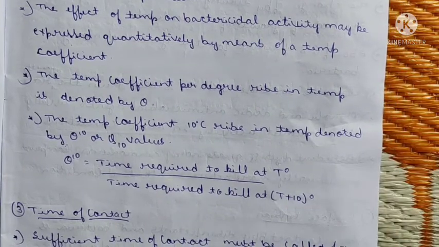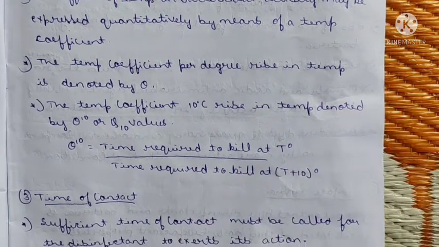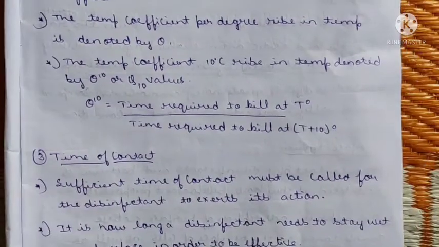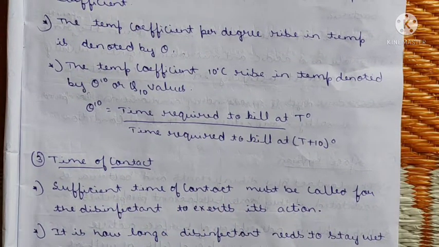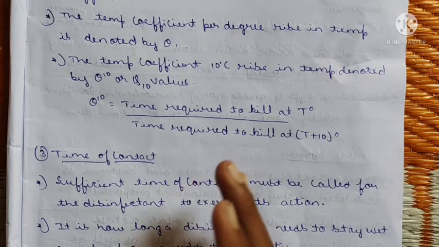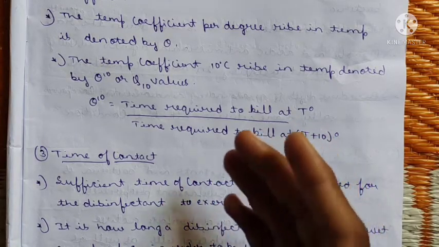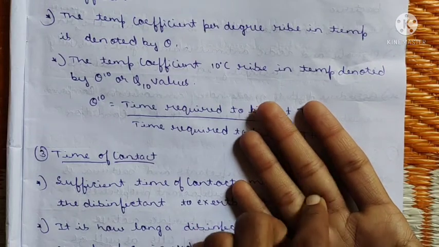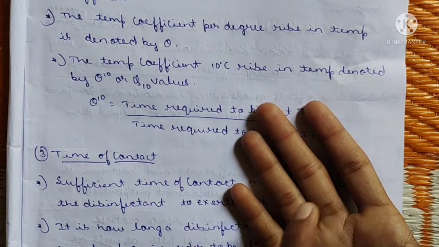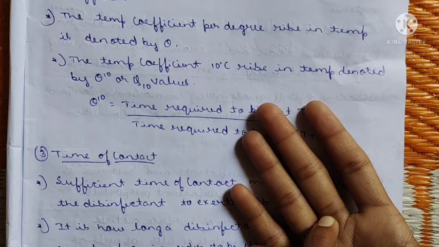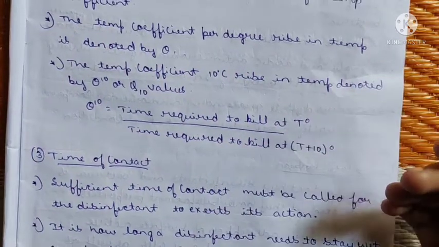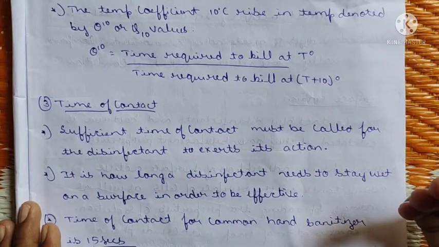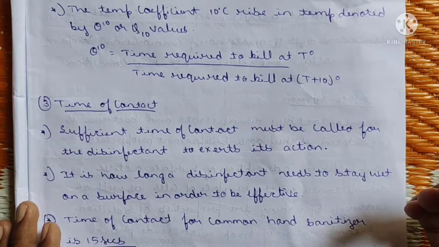If temperature is low, it means the opposite of when temperature is high. Then time of contact. A sufficient time of contact must be allowed for the disinfectant to exert its action. The time of contact is very important: how long the bacteria and the disinfectant, meaning the sanitizer, will be in contact on the surface. That's very important. It is how long a disinfectant needs to stay wet on a surface in order to be